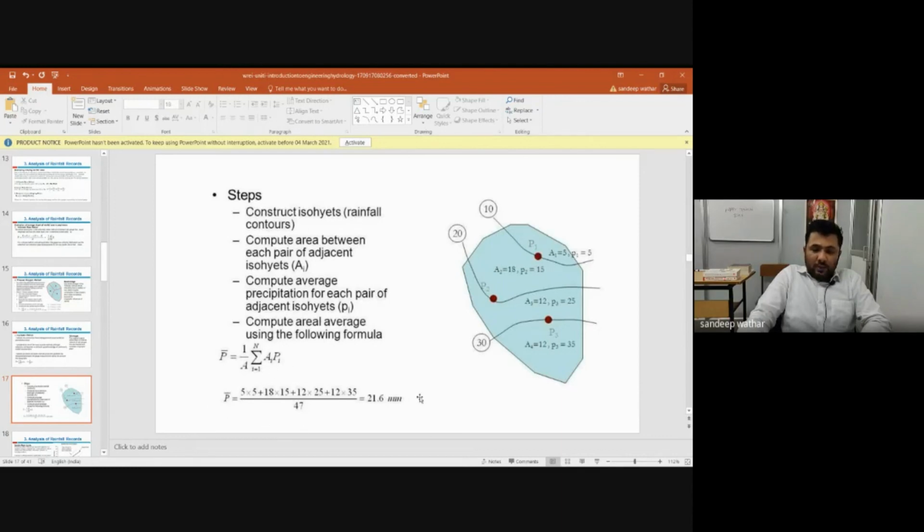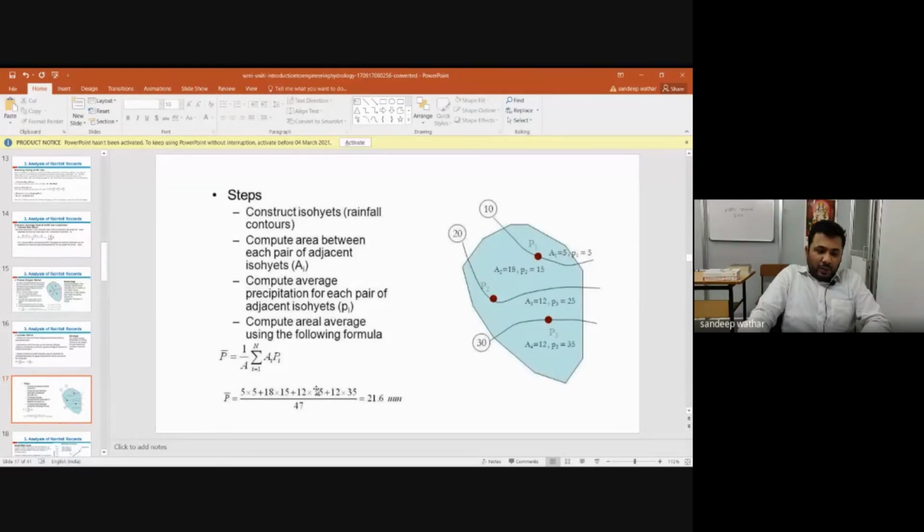How is this average rainfall calculated? We basically know the area here. This is A1. A1 is multiplied by the precipitation that takes place in this area, which is 5. So A1 multiplied by P1, 5 multiplied by 5. Next is this area, which is A2.